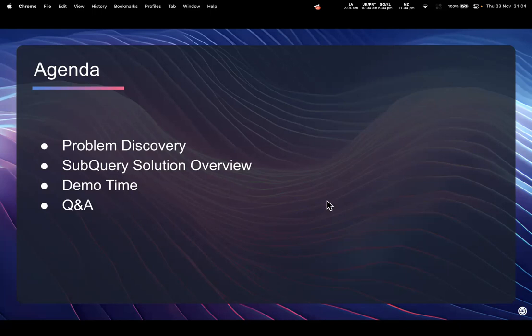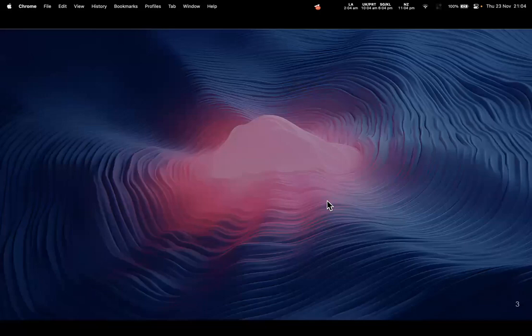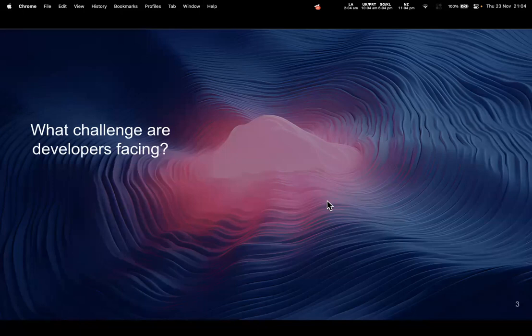So let's jump straight to it. First of all, what are the challenges that developers are facing when building amazing dApps within the Near ecosystem, right? Well, what we've found is that developers are asking, where and how do I get blockchain data from to power all the apps that I'm creating?